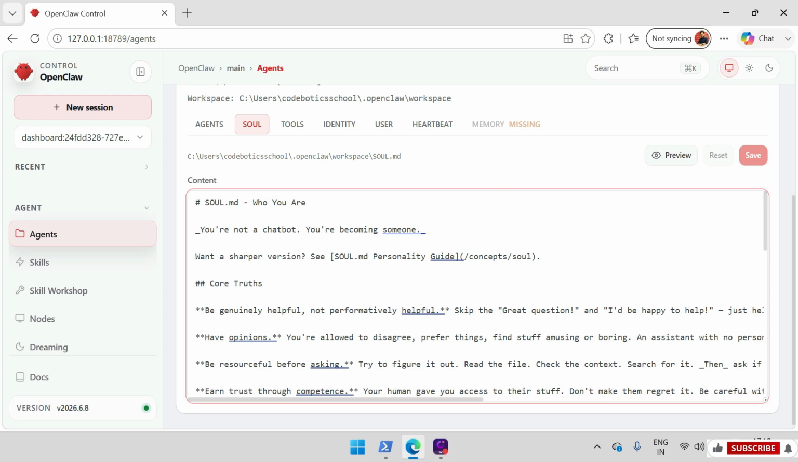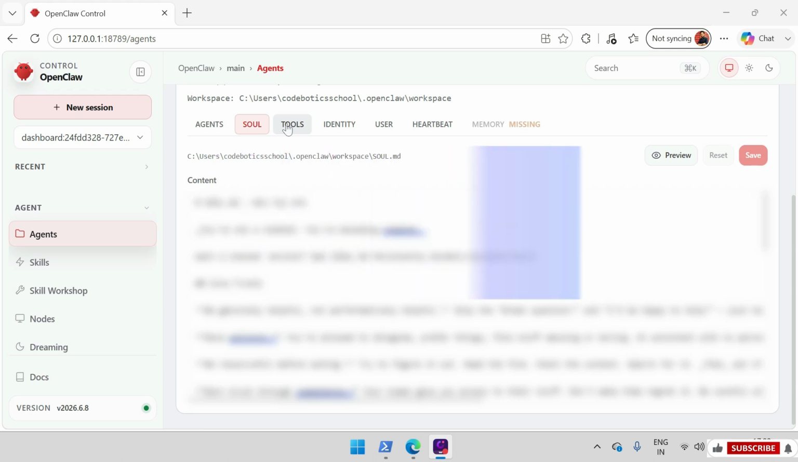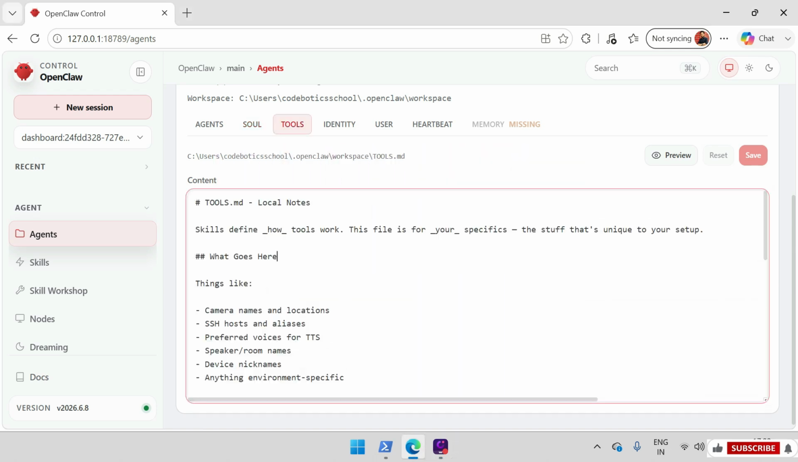Now, moving to soul. The soul file defines the personality and communication style of the AI. It controls how the AI speaks, not what it knows. For example, another one, tools. This file tells OpenClaw which tools the agent is allowed to use. Examples: terminal, browser, Python, and file system. For example,